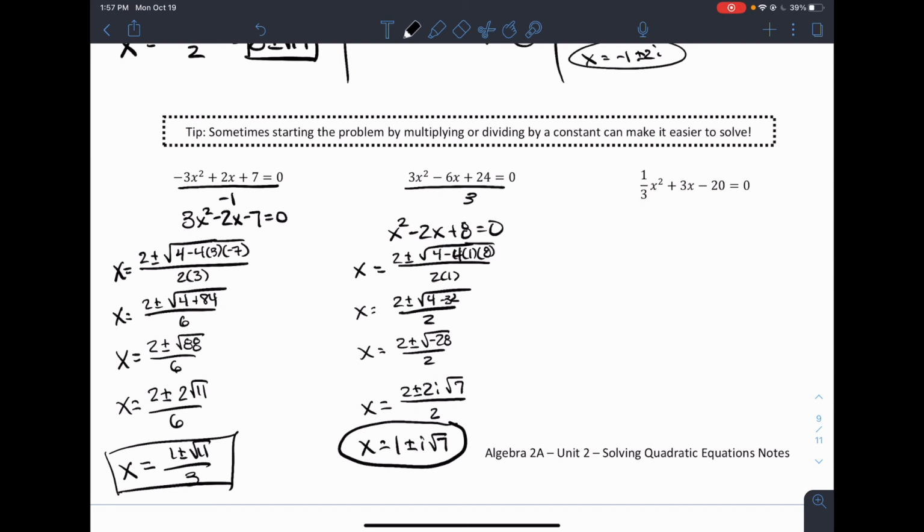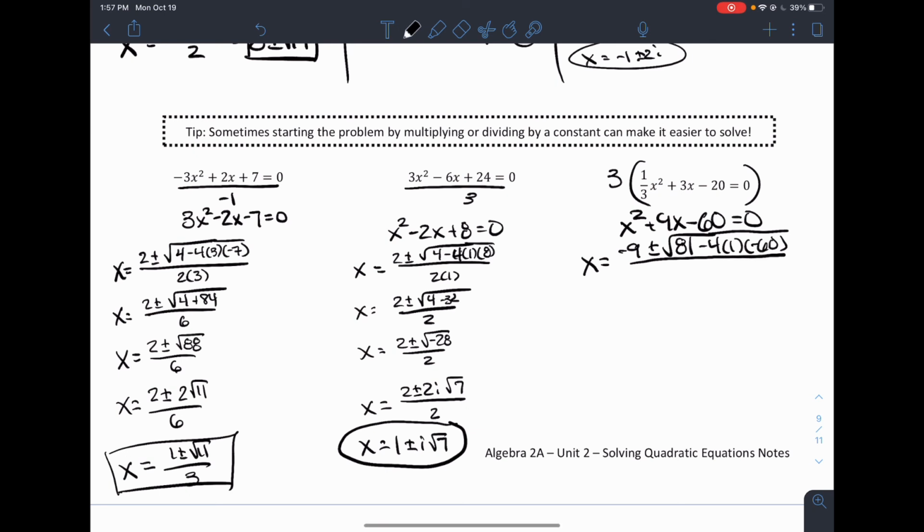I can do the same thing in this last example, except instead of dividing by 3, I have that 1/3 out front, and that's going to be annoying. So I'm just going to multiply it by 3. That'll give me x squared plus 9x minus 60 equals 0. So then I do the exact same thing. x equals negative 9 plus or minus the square root of 81 minus 4 times 1 times negative 60